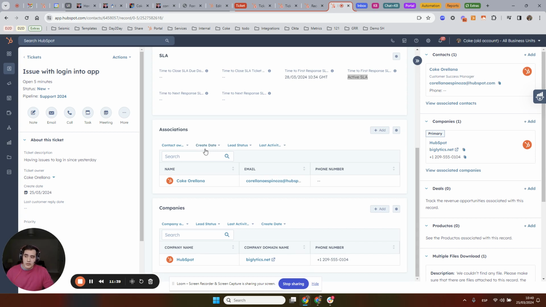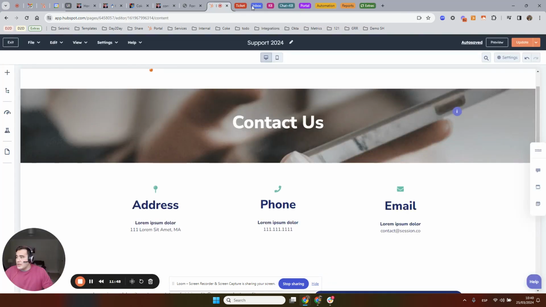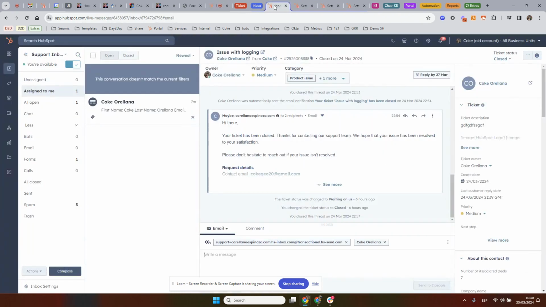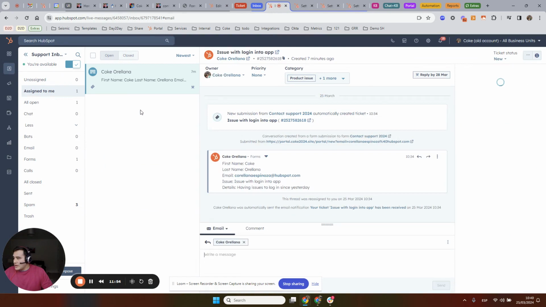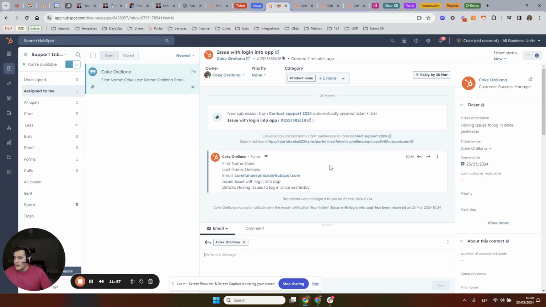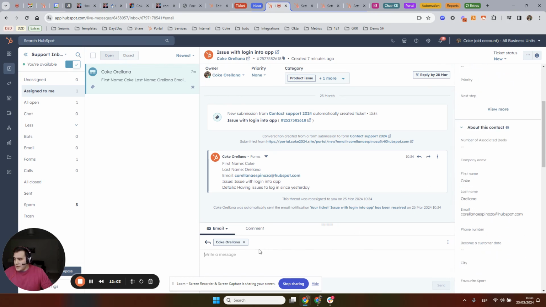So when you're working on the ticket, you can reach out to the right person. So that would be on the ticket and the customization side. Now I'm going to jump into the inbox. Here, for example, I got the ticket. Yeah, this is the one that I opened 7 minutes ago. And here I can see the information. I can reply to this person. Thank you for